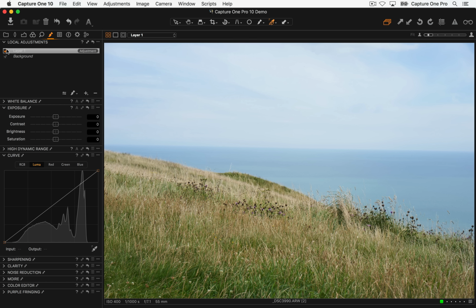So now in my local adjustments, we've got all the possibility to work with those tools. So let's say we just want a bit more contrast in the front, then we can just do a nice curve, add some contrast without affecting anything else. Now as we've got the foreground,